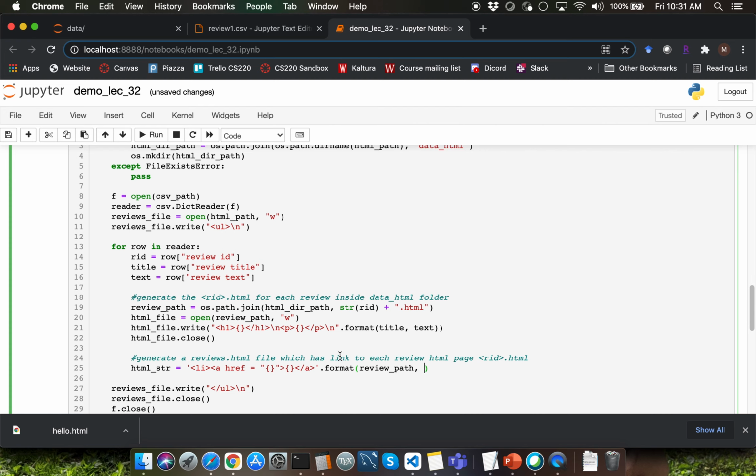As an argument, I'm going to pass from the format function call details about that particular review. Let's say that we want to use the review ID, and then along with that I'm going to concatenate a colon, and let's also concatenate the title of the review, both of which are going to be useful information.